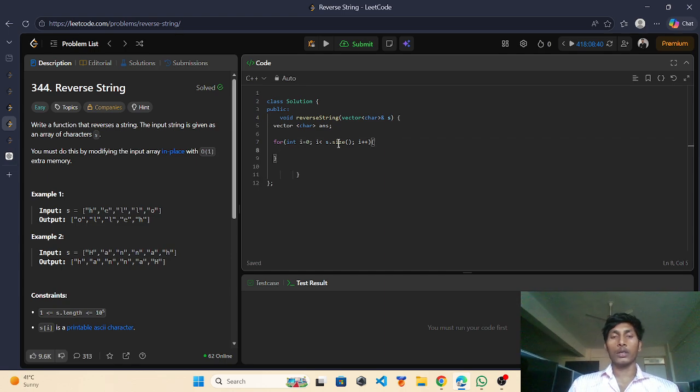After that we have to put in a condition logic for how to reverse this string.